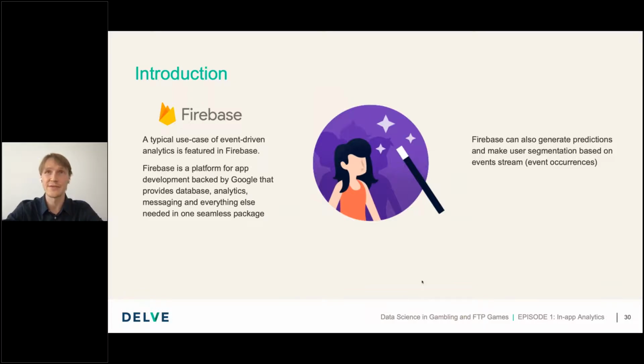It considers events as its basic item, as basic objects of analysis. And Firebase has many good functionalities in it, including the predictions, including the functionality to predict some events, but it is using just timestamp data and event type data.